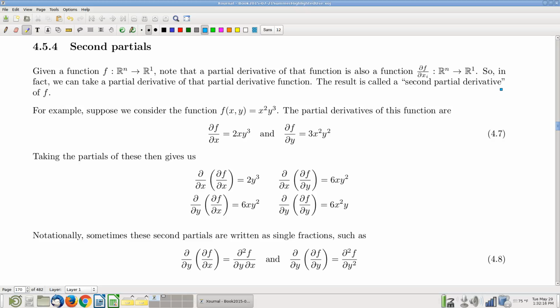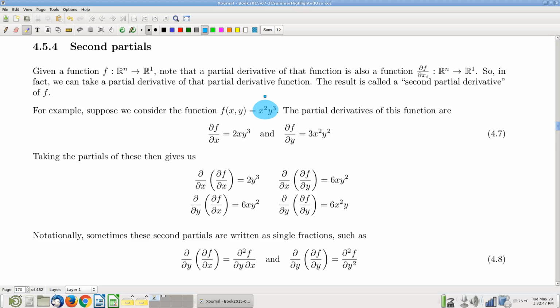If you have a function from Rn to R1, so if you have a real valued expression with n different variables in it, and if you take a partial derivative, you get a real valued expression with n different variables in it. You can talk about the partial derivatives of the partial function just as well as you can talk about the partials of the original function. Okay. So, for example,